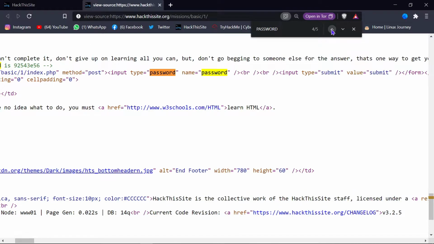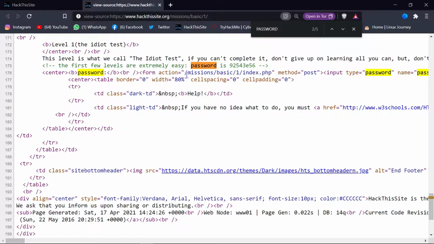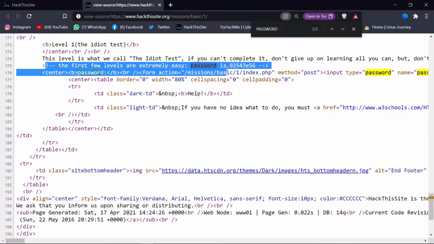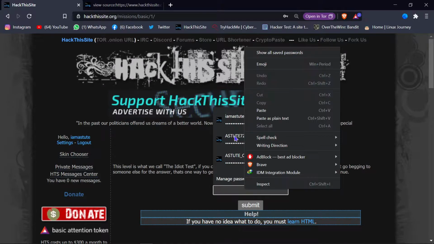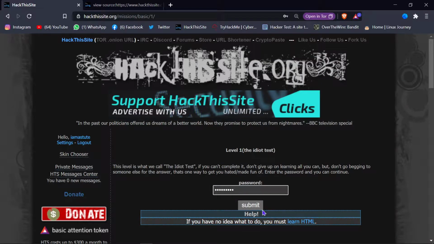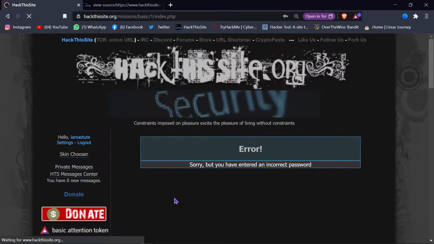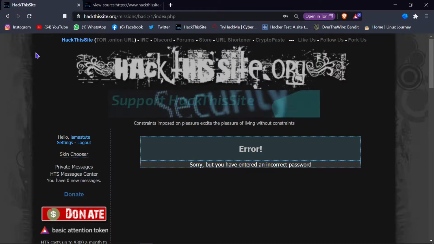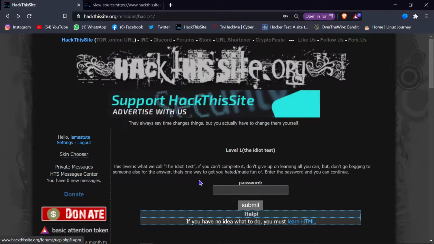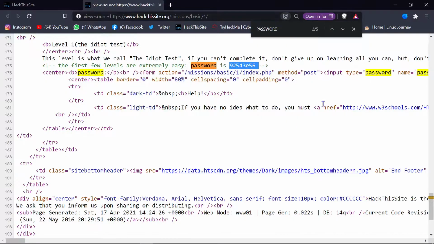Here I can see the password. The first few levels are extremely easy. The password is this, so I copy it and enter the password, submit. The password is incorrect, so I guess this is not the right password.